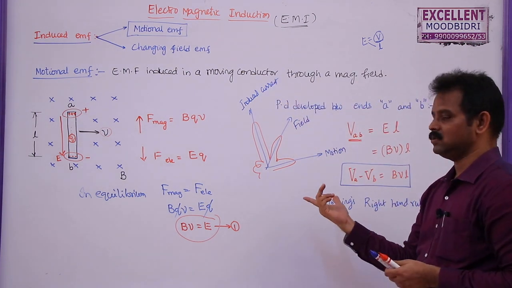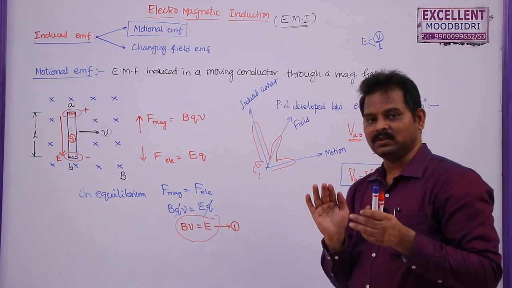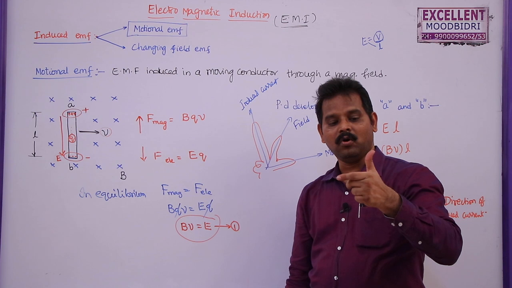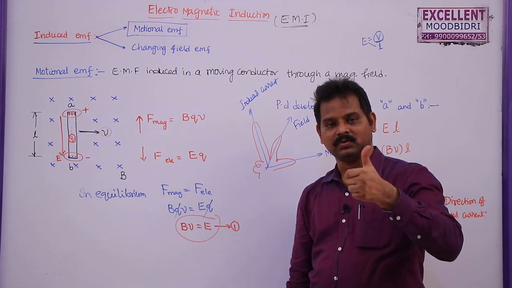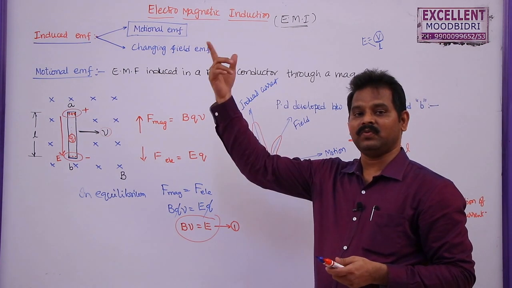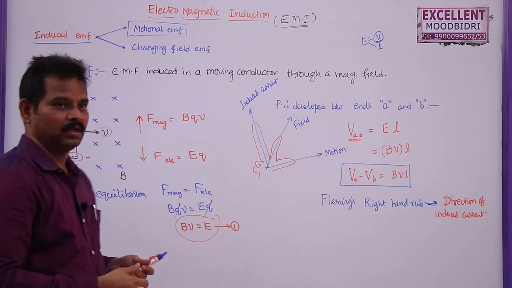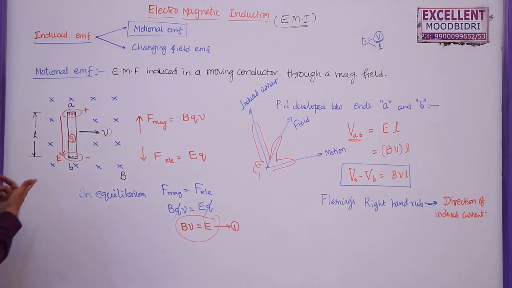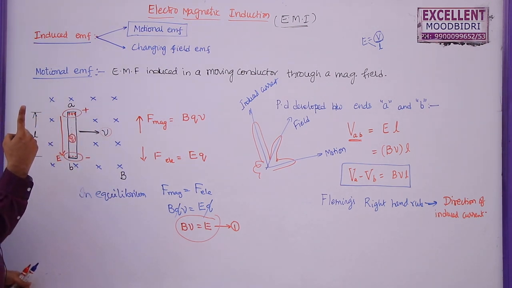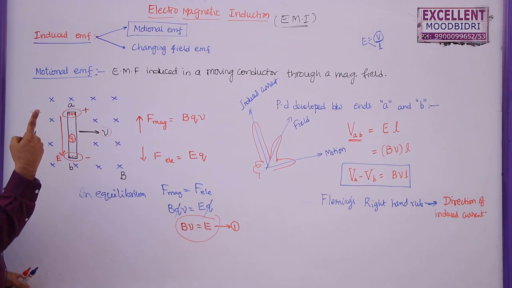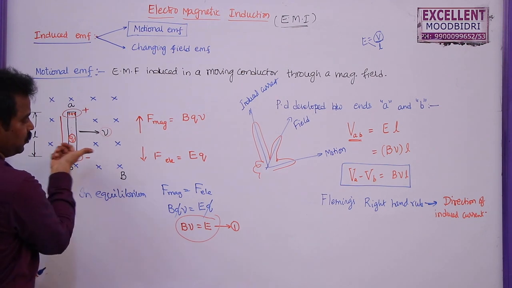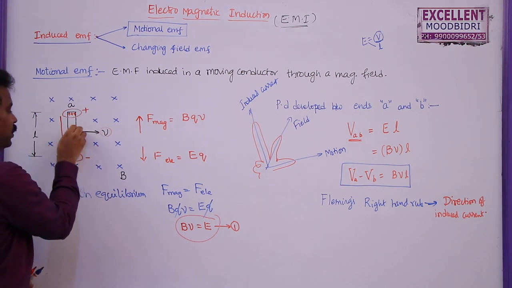So let me apply this Fleming's right hand rule here. Don't confuse between Fleming's left hand rule and right hand rule. Fleming's left hand rule is used to find the force experienced by a charged particle or force experienced by a current carrying conductor. But Fleming's right hand rule is in the second lesson. The previous one was in moving charges. Now it is in electromagnetic induction. In this case, the field is acting inwards. In both laws, the forefinger gives the magnetic field direction only. Here the thumb indicates the direction of motion, which is nothing but the direction along which we are applying force.